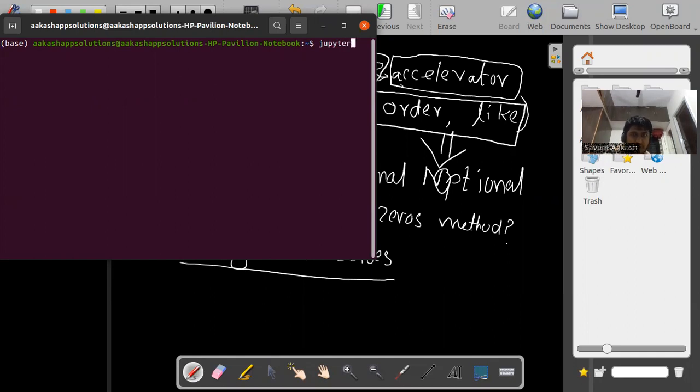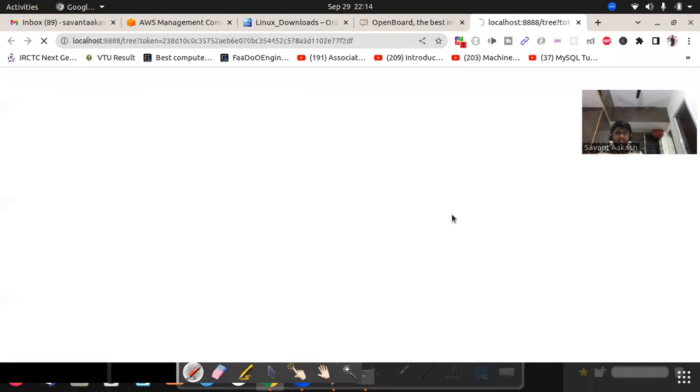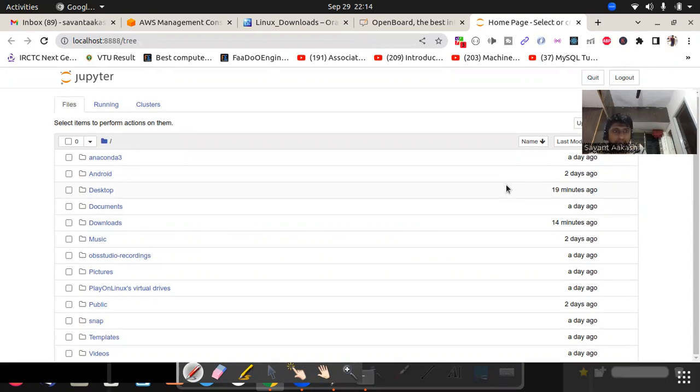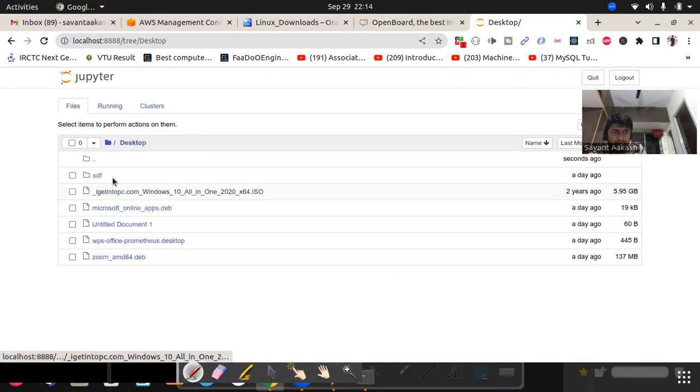It will straightforwardly move towards our notebook, and we'll start understanding the examples. Understood? So here I will select Desktop and I will open my